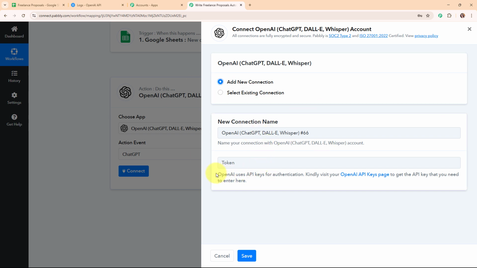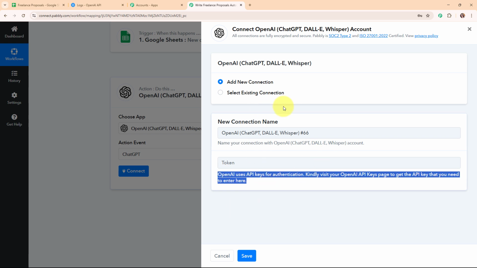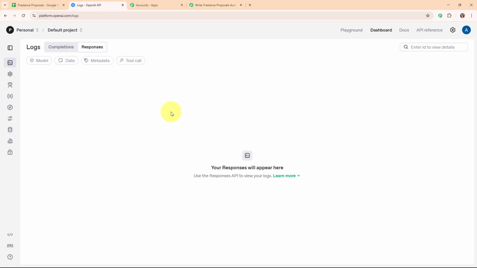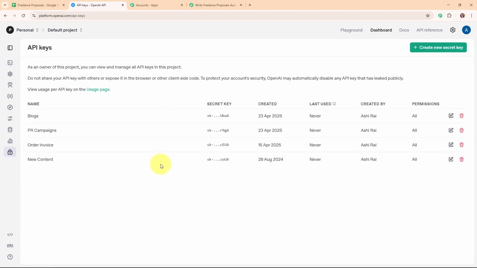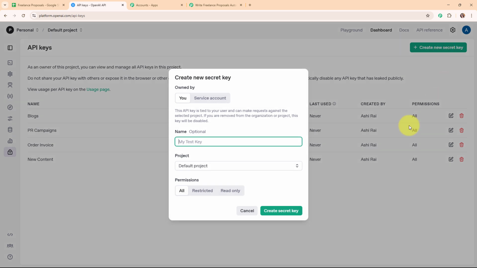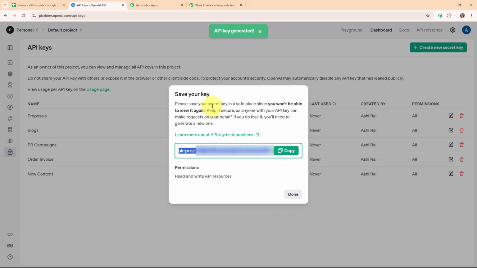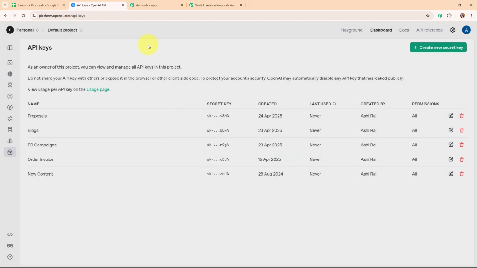So following the instructions given below, here I've already logged in my OpenAI account, and from here I'm going to access the API keys given in the left side bar. And here in the API keys, you can see all the existing keys over here. So I'm going to generate a new key by clicking on this create new secret key button given on the top right corner. And then I'm going to give a name to my key, that is proposals. And then I'm going to select my project as default project, and then I'm going to click on this create secret key. So this is the API key generated, so I'm going to copy it, moving back to Pabbly's workflow,